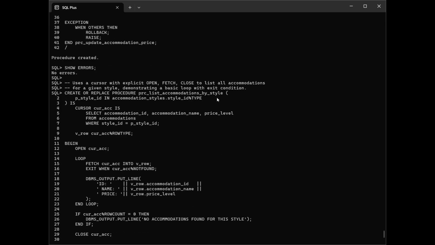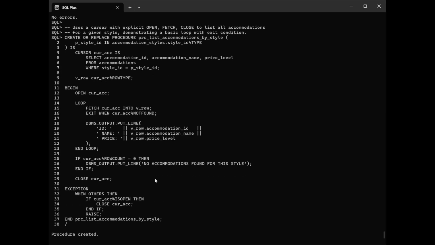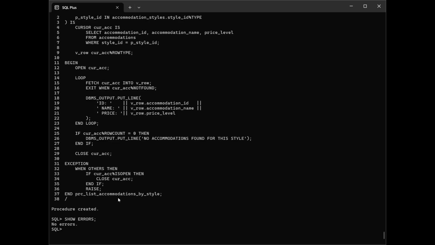And the fourth and last procedure that we created was called list accommodation by style. This basically let you list all of the accommodation based on your style. And you can see all the procedures were made without any error. So after making the procedures,